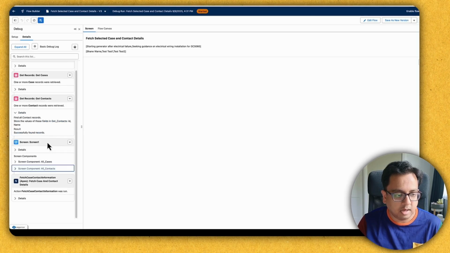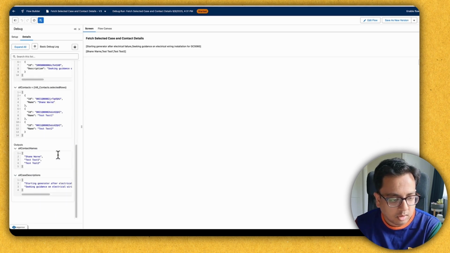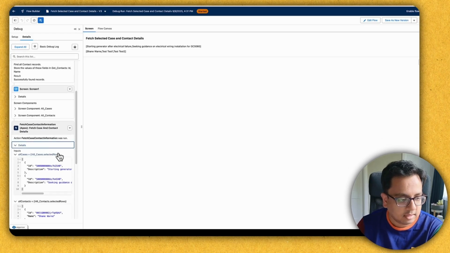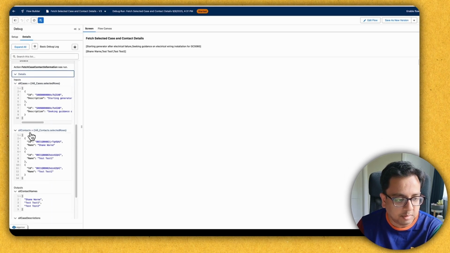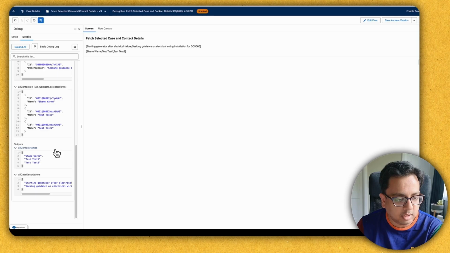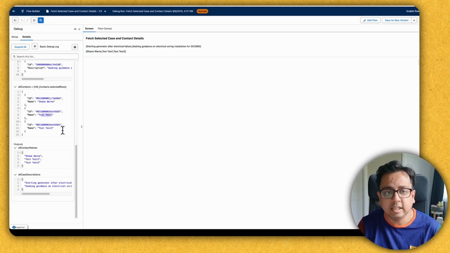and if I come here on the Apex action, what I can see here is that this is the input, all cases, all contacts, and basically what is happening, this is the output, and this output is passed here. So if you see, this is the output which came here. So all I'm trying to tell you is that it's much easier to do the debugging,